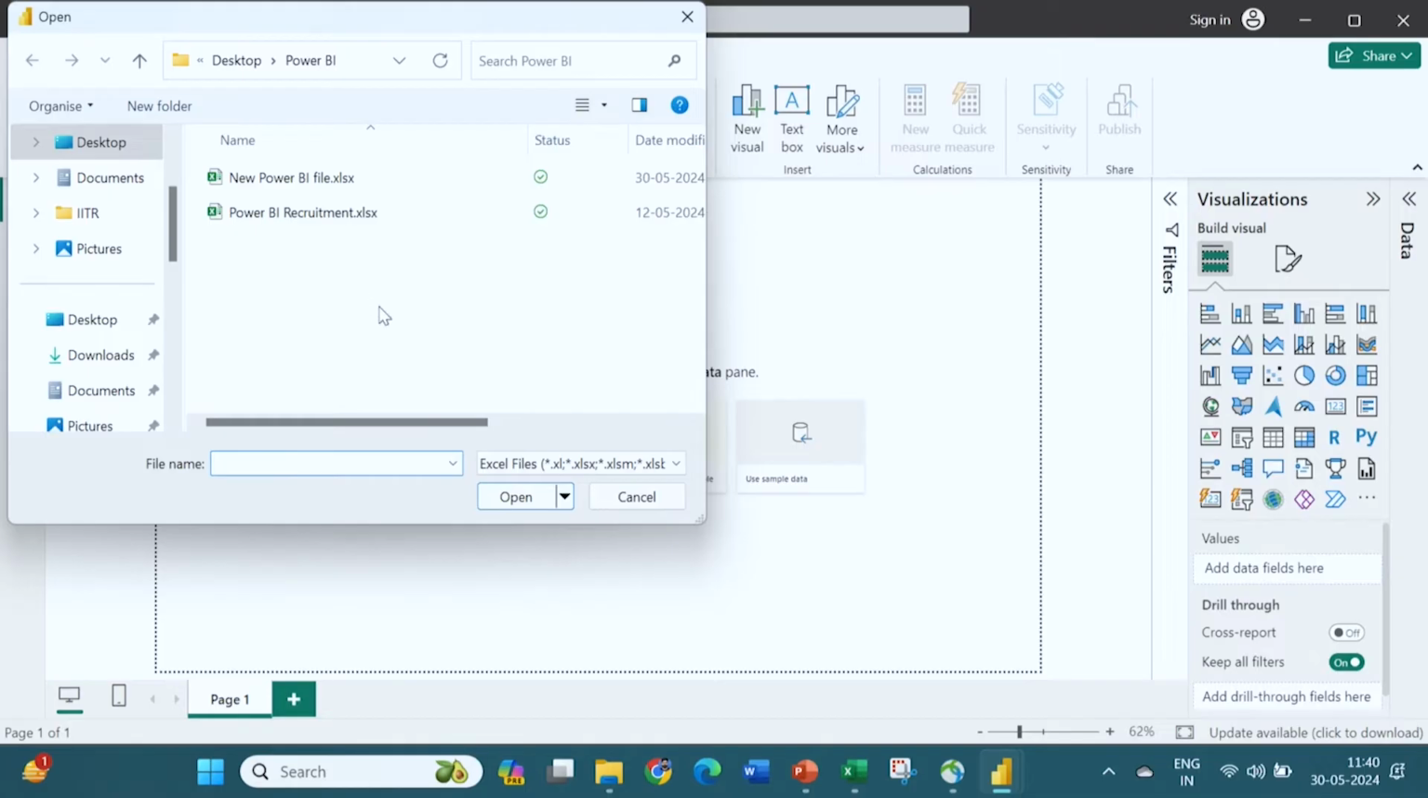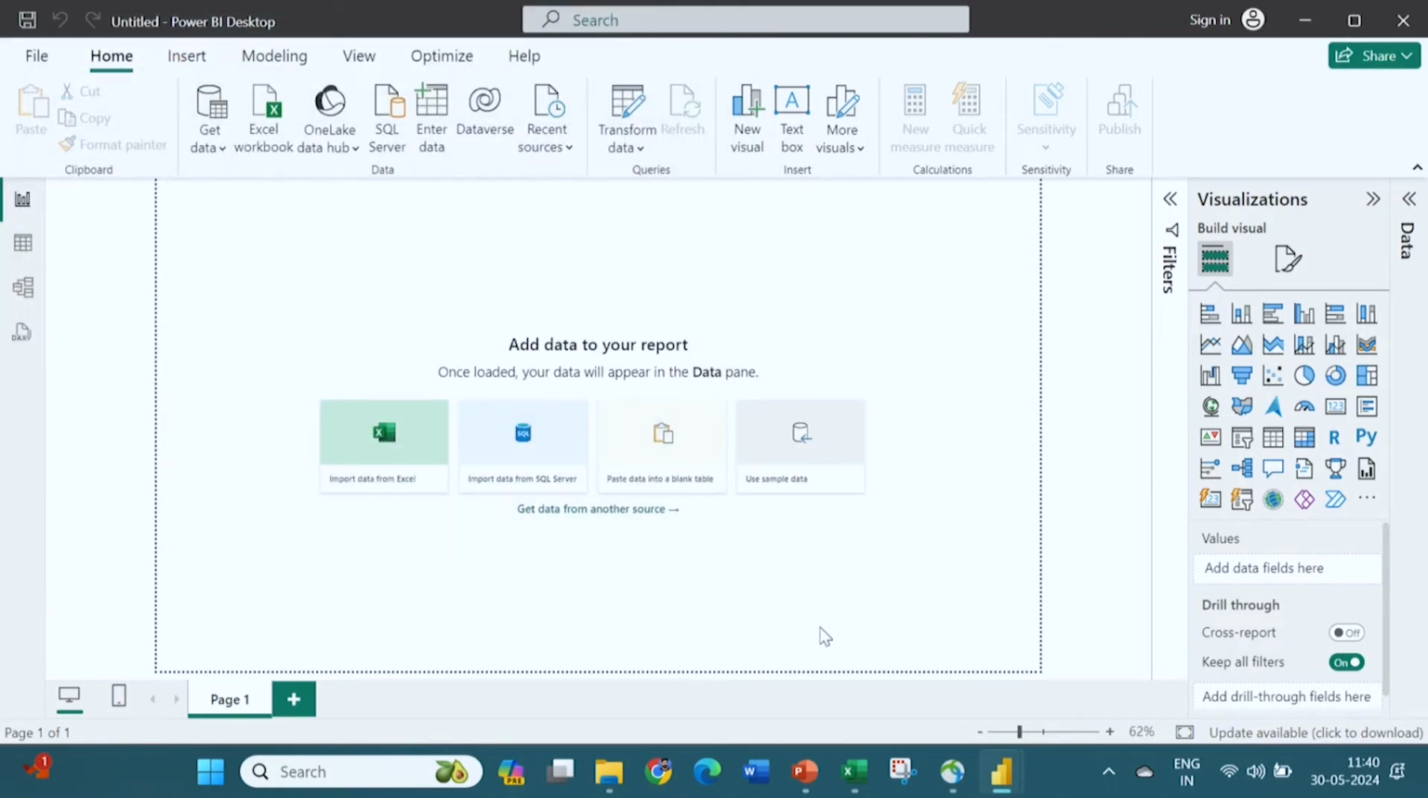So, as I already said, this is the dummy data that I have created. Wherever the data is saved in your system, you can go to that folder and select that file. So, the file I have created is named new Power BI, right. So, I will select this, right, and then I just have to click on open. So, the moment I click on open,